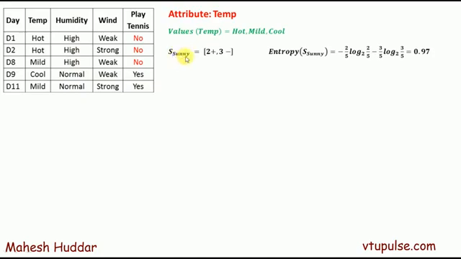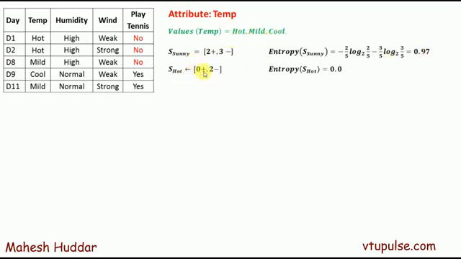So that's the reason yes sunny is equivalent to 2 plus, 3 minus, there are 3 negative and 2 positive. And the entropy of this data set, entropy of yes sunny, is equivalent to the proportion of positive examples and the proportion of negative examples. Put these values over here, you will get the entropy as 0.97. Now entropy of hot, mild and cool we need to calculate.